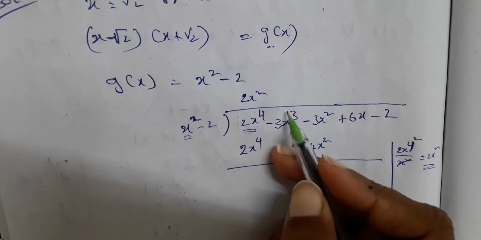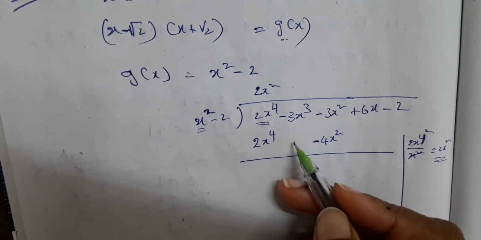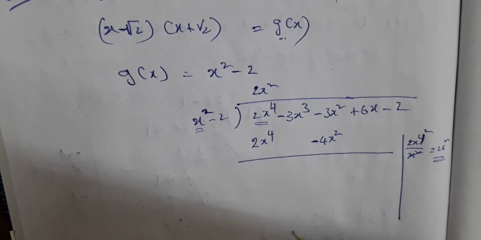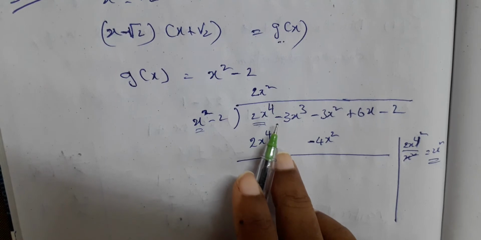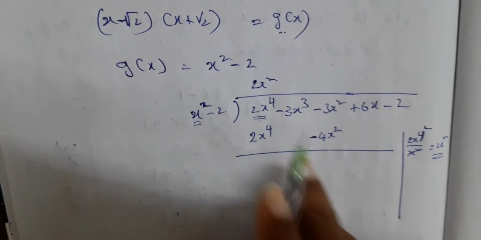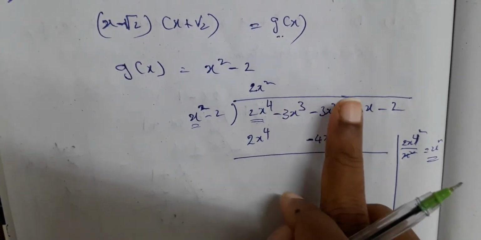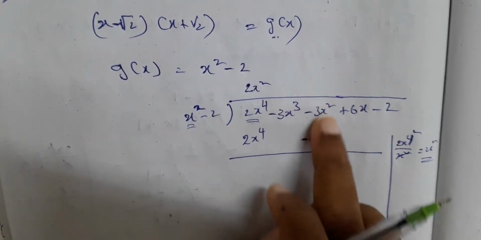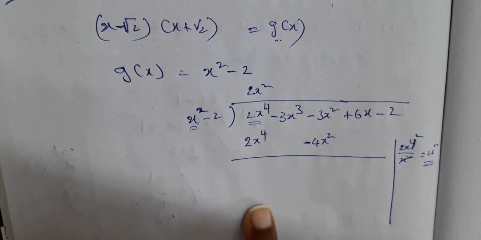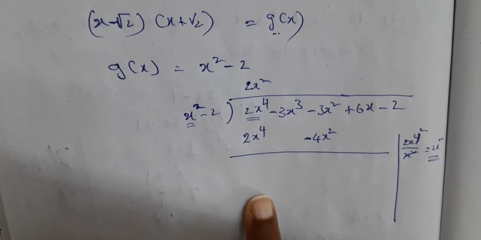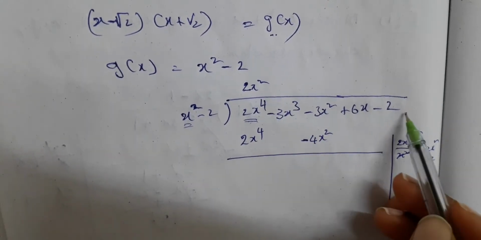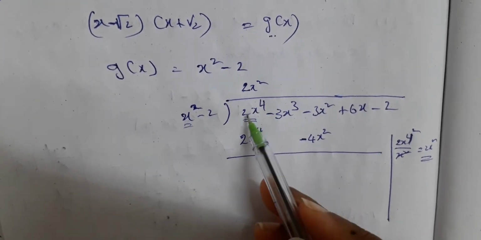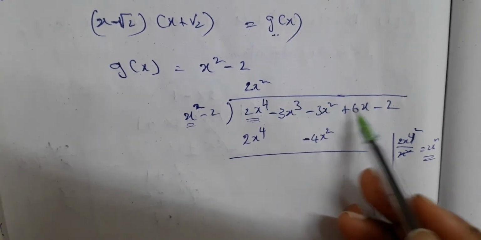See here you have the x cube term. We didn't get that one, so nothing to be bothered about. You can descend it as it is. Children, suppose in a polynomial division, if some of the degrees are missing in between, put zeros there so that your job will be very easy while you are dividing it. Because it is always in descending order that you have to write all the degrees, the highest power first, then the next.